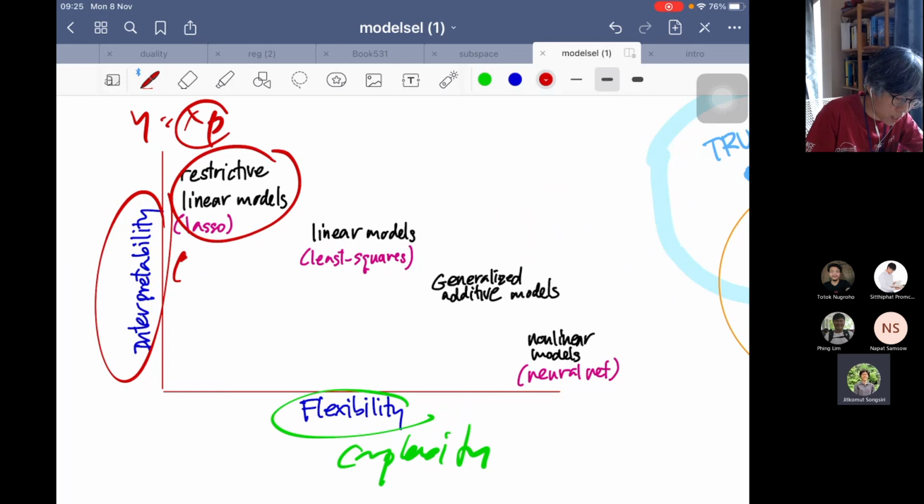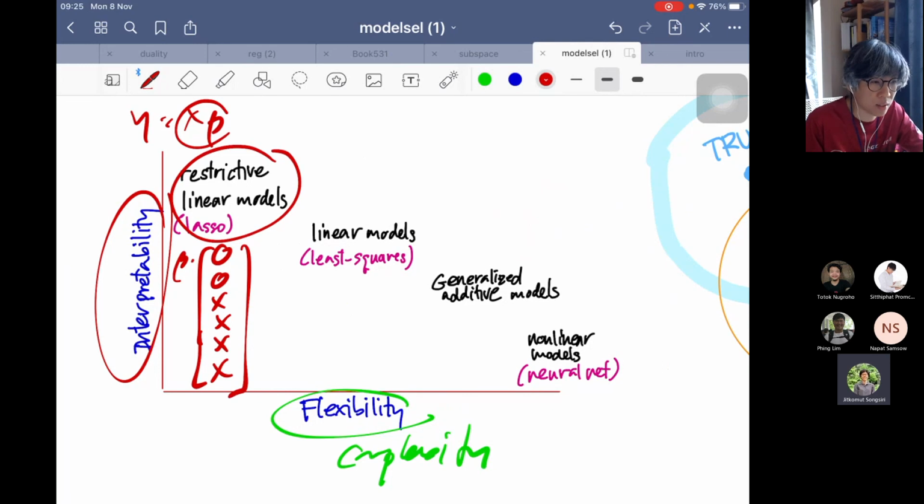When beta is sparse, we say that this is a restricted solution because some entries are restricted to be 0. It has less flexibility because the parameters are shrunken down to 0 in many entries, right? Okay, in that case, the model has less flexibility, but high interpretability because